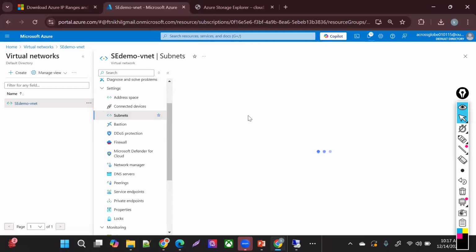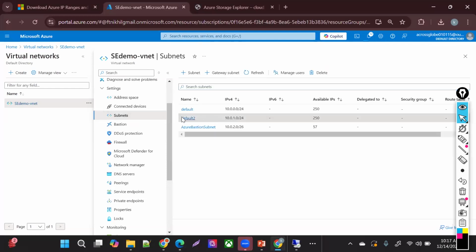Inside the default 2, you have your VM, which does not have that public IP. Default is the subnet which has that public IP, right? If you are saying that for the VM inside default 2 you will still be able to access your storage account, then that's correct. But I was asking if I take access to VM1, which is inside my default subnet that does not have that service endpoint configuration, will I be able to get the storage account access from VM1? Make sense to you, Vaibhav?